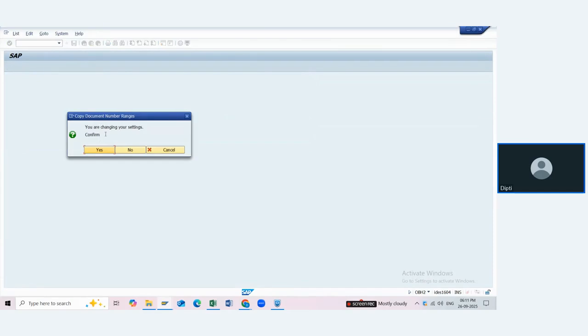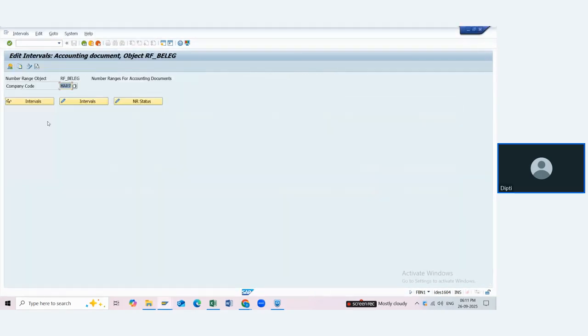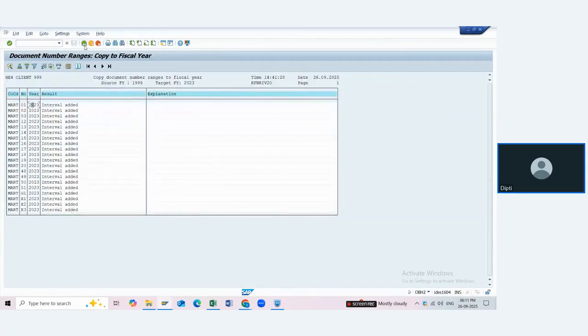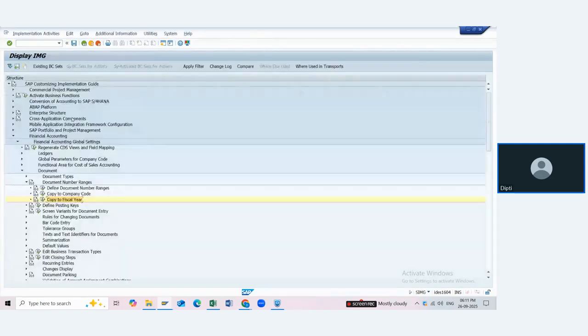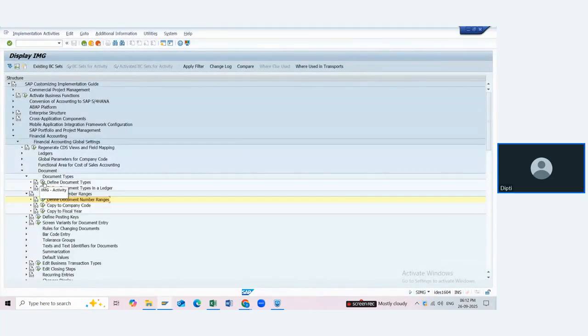Like this, the system will give you a message, as in the earlier step also, that settings are changed. Do you want to do it? Yes. And then it will tell you that the interval is added. So now for 2023, if you go to FBN1, the intervals are added in MART for 2023. For you, it will show it has been added for 2025, which is the current fiscal year. Okay, so these are C 01, which is already there, right? If you remember, I have shown you for document type, the number ranges are already there, how the document type recognizes number ranges. If you go to define document type, for document type, the ranges